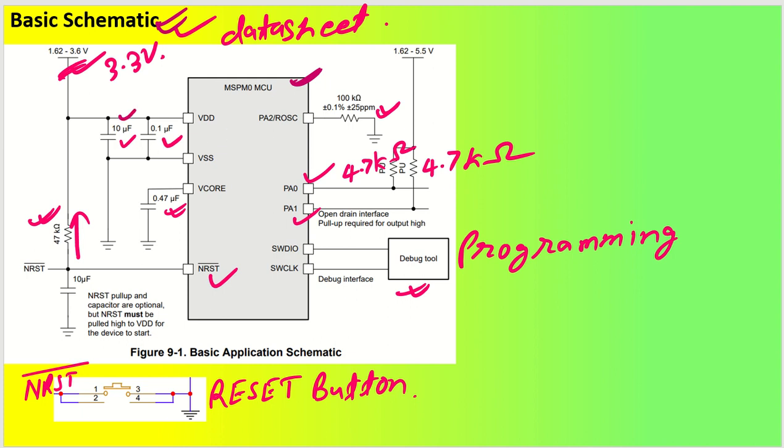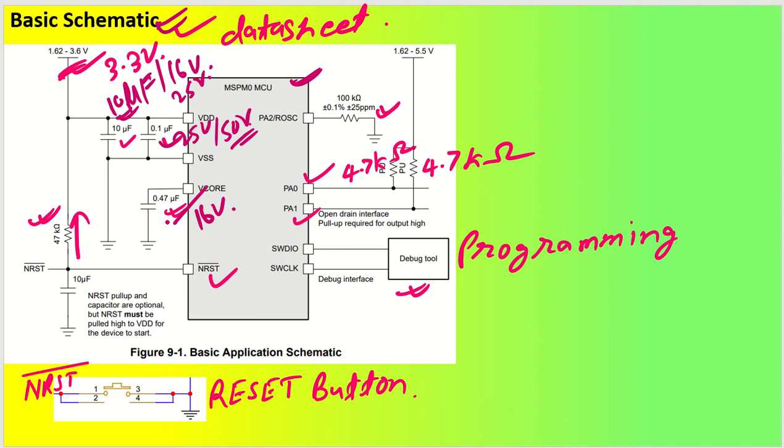For this 10 microfarad capacitor, you can take one rated up to 16 volt or 25 volt. Or it should be more than 16 volt, that is definitely. And for the 0.1 microfarad, you can take up 25 volt or 50 volt capacity also, because 0.1 microfarad 50 volt capacitors are more general compared to 25 volt ones. This is the core pin. The core pin will be connected with 0.47 microfarad. A 0.47 microfarad with 16 volt will be more than enough for you.